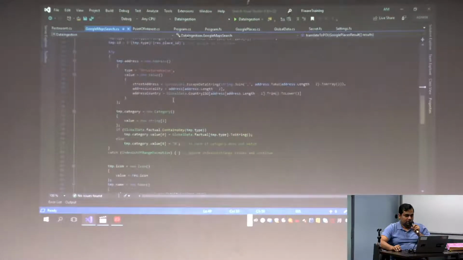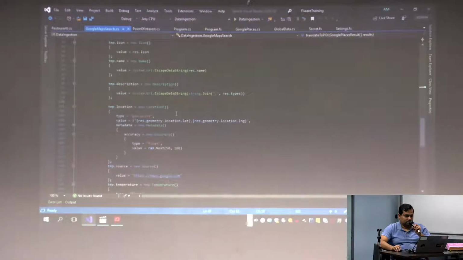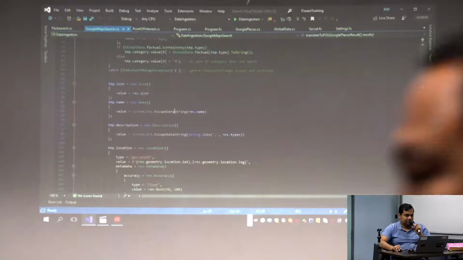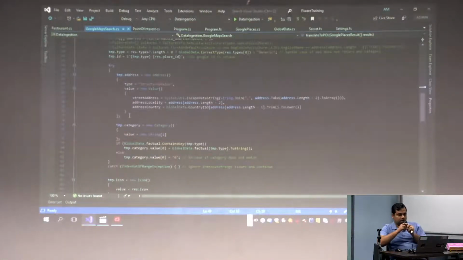What it does is it's just translating the data coming from Google into the standard data model that we have with GSMA. You can see what I'm doing here. It's just a simple translation job. If I move back now to my program,